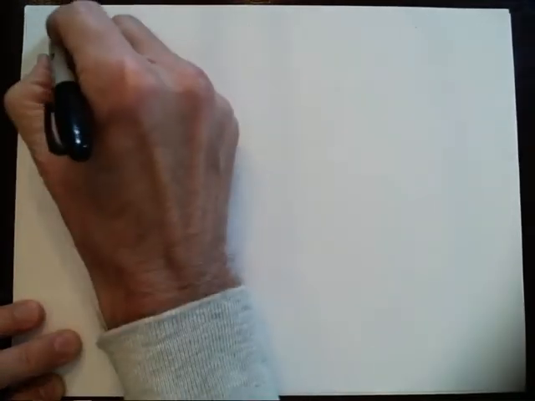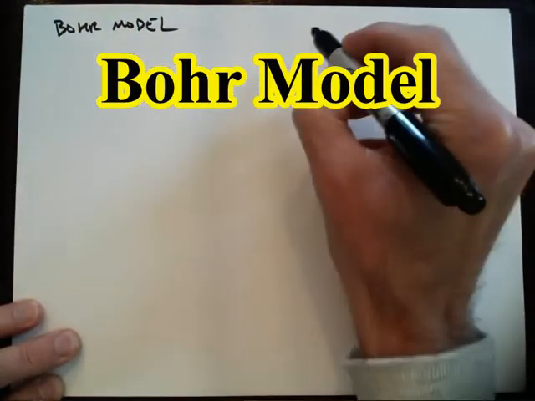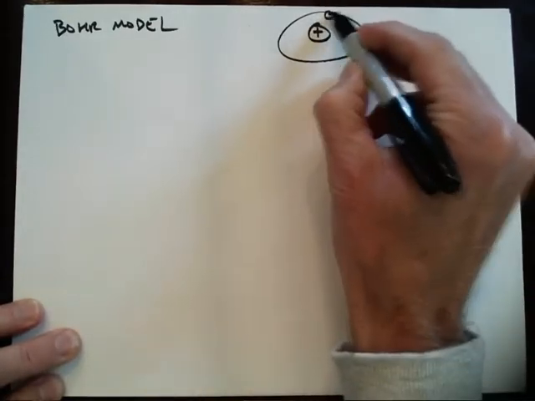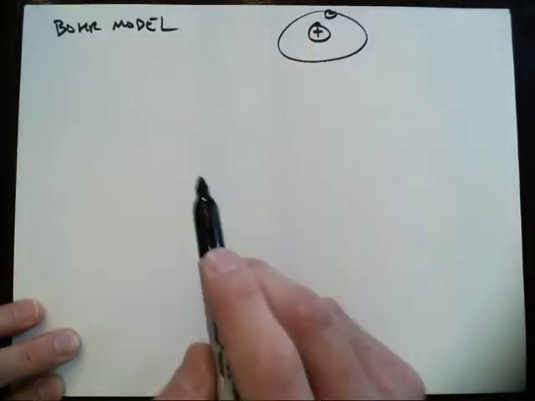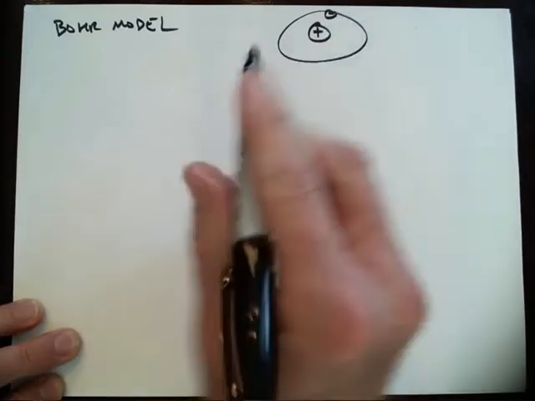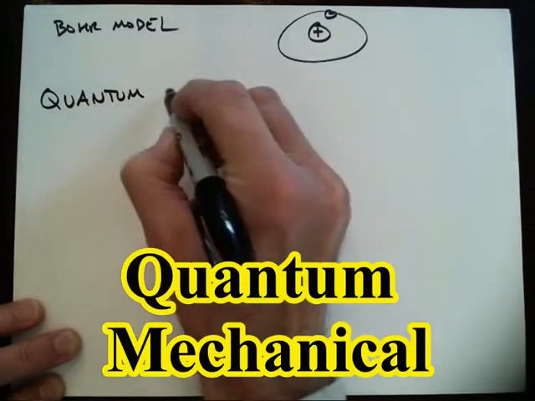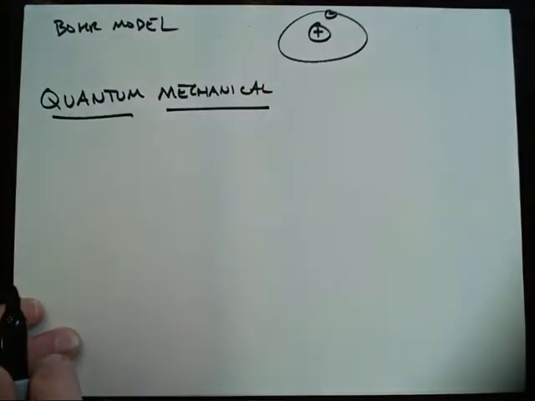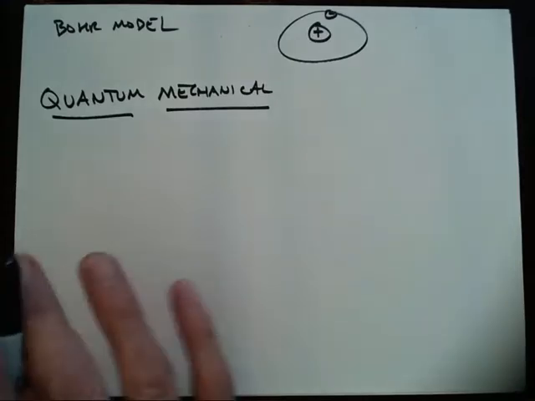Okay, we've covered the Bohr model of the atom. And the Bohr model is sort of this familiar idea where there's a dense positive nucleus around which the electrons orbit around as sort of these tiny particles. This model fails in many instances, and this has caused people to develop what's called the quantum mechanical model of the atom. And the quantum mechanical model of the atom was sort of kicked into existence by two ideas we'll